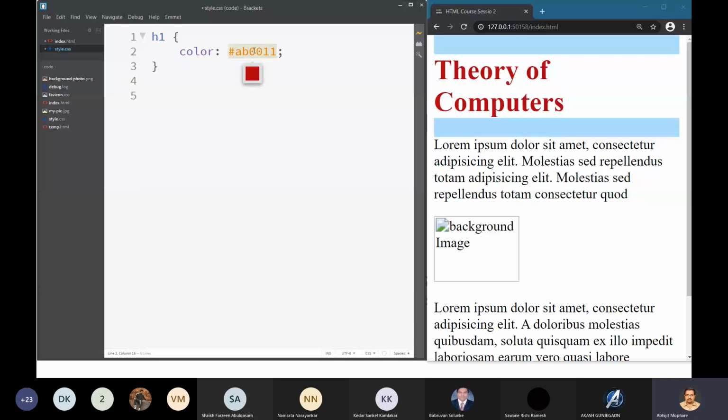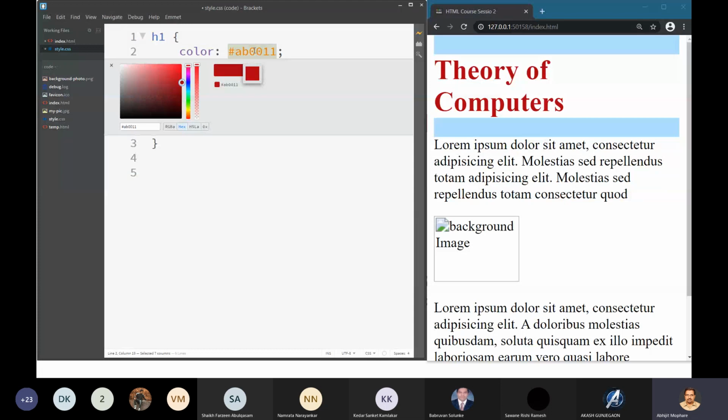and here you can select whatever color you want, and you can see on the right-hand side how different shades get applied the moment I change the slider. You can just go through it and pick whatever color you want. Suppose I want some blue.